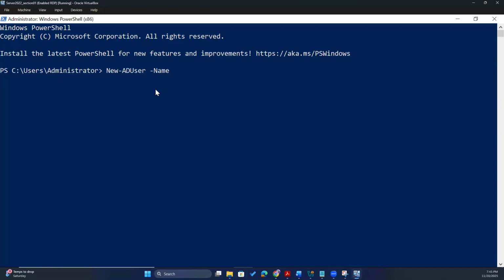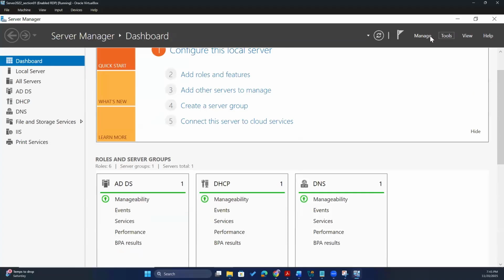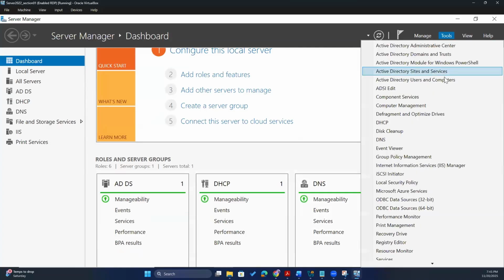Let me try it as it is, and then I will do it the other way. Test user. Let's call it 10. I have a lot of test users. Perfect. So if we go to our manager and we go to Tools, and then we go to